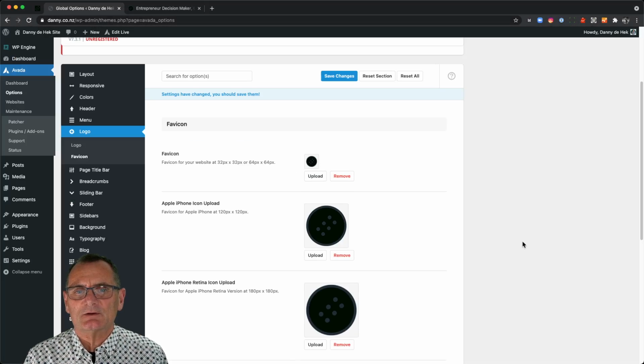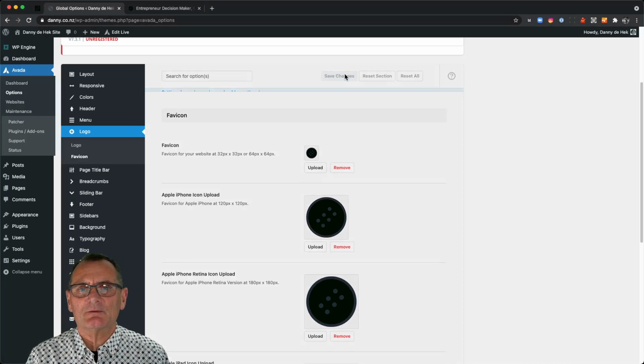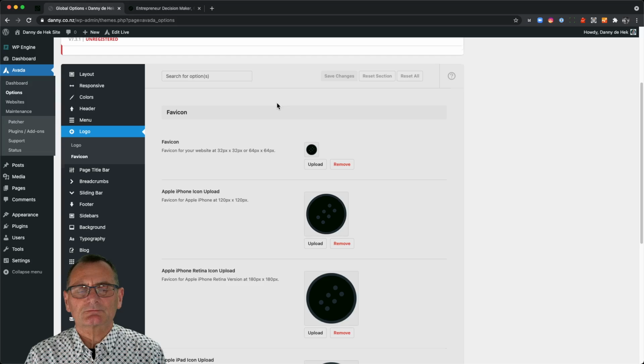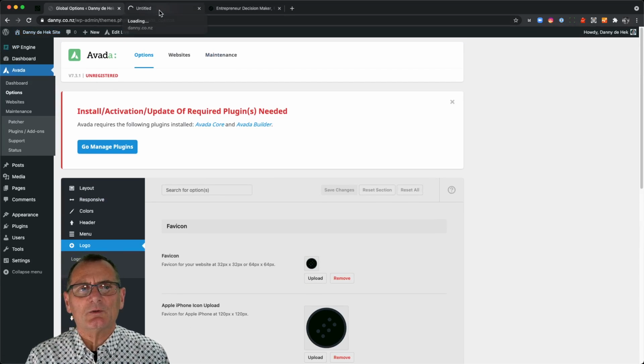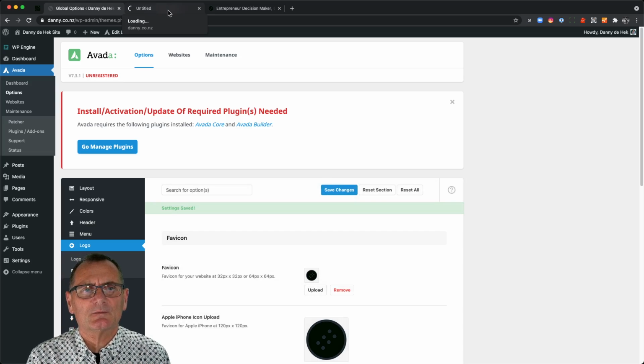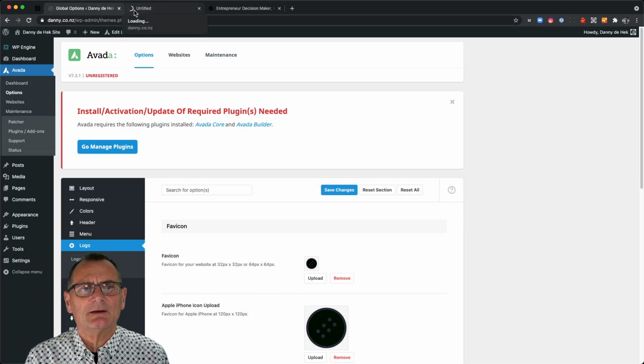Now, let's have a look. So now I've got that, and I'm going to save all those images. And now I'm going to go to the website, and that should tell the web browser to grab that image. I'm not even sure where it gets that information from, but hopefully I've done it right. In a minute, you see it's going around, it's looking for the images, and it's pulling that in, and it's doing nothing, it's driving me crazy. Oh, there we go. And now you can see instead of the globe, I have a little icon,